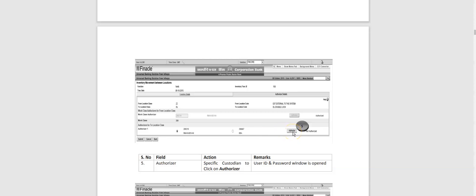As soon as you authorize, you have to click on this. It will take you to the original login page of Finacle wherein you have to log in with your IDs and passwords. The ID would be automatically generated. You just have to enter your password there and this will be moved to double lock. So when you authorize, this page appears, right? So you just have to enter your password here.